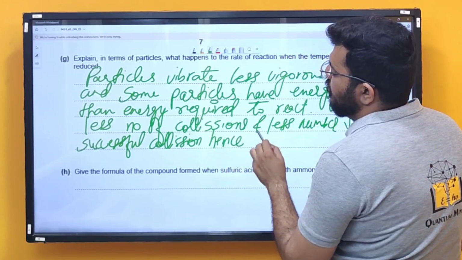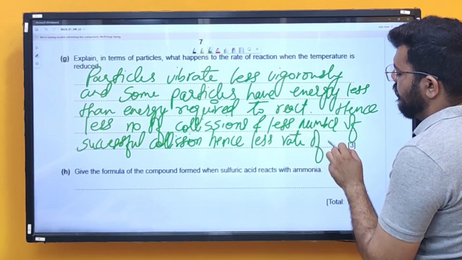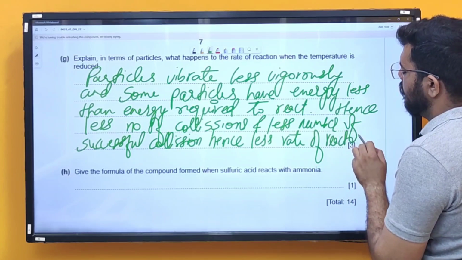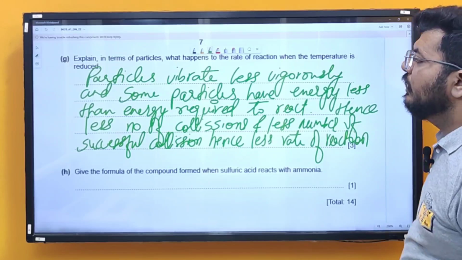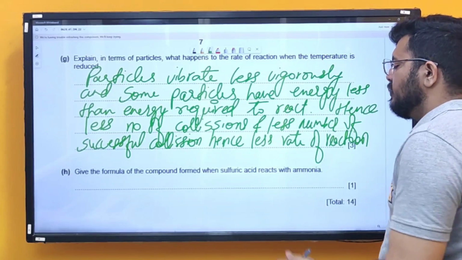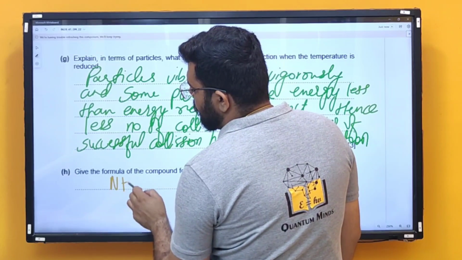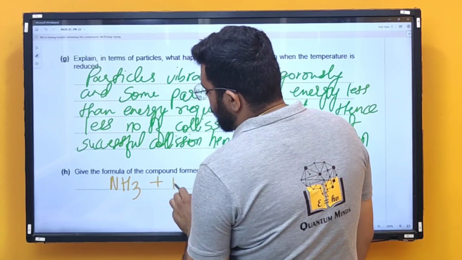Hence, less rate of reaction. Right? This is your conclusion, that the rate of reaction is lesser. That is your answer. If the formula of compound formed when sulfuric acid reacts with ammonia, so NH3 reacts with